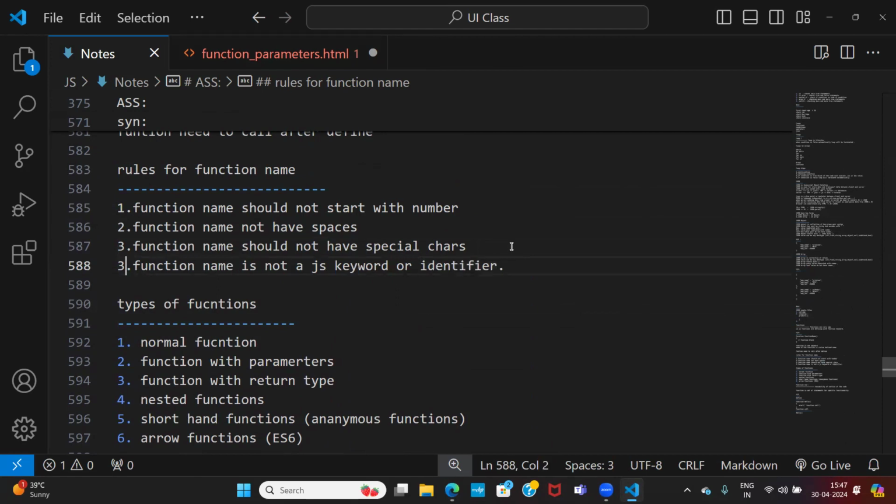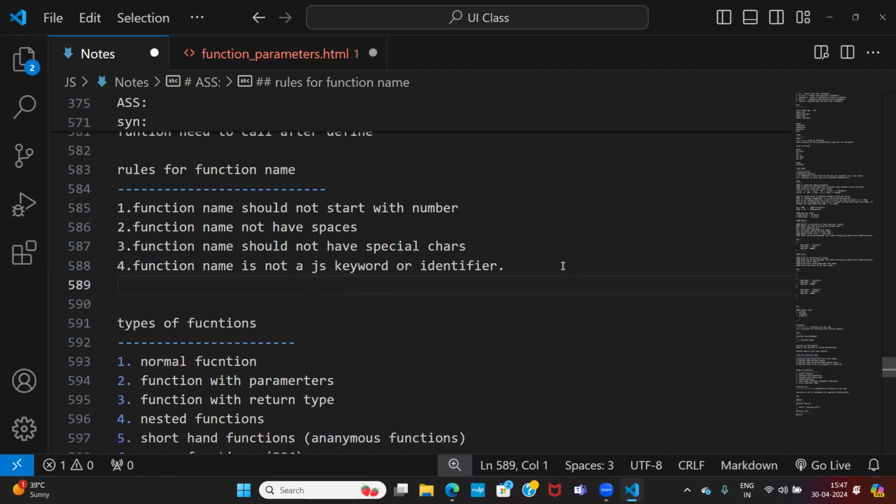Function name, not a JavaScript keyword. We already know that. Or identifier. Suppose if is not a function, else is not a function, switch is not a function, alert is not a function. Okay, so console is not a function, something like that. And function name allowed only one